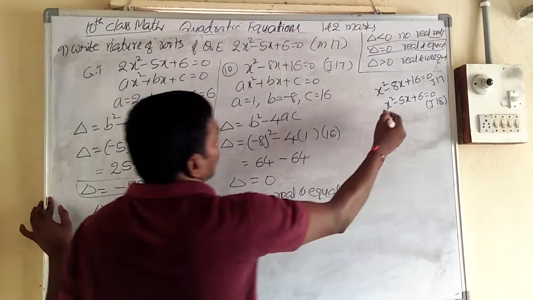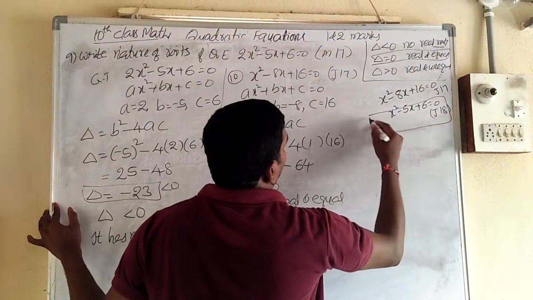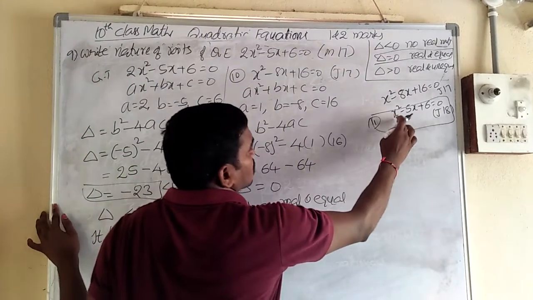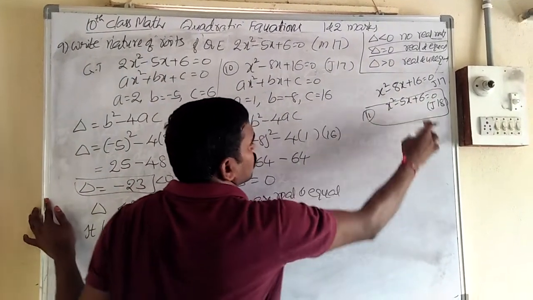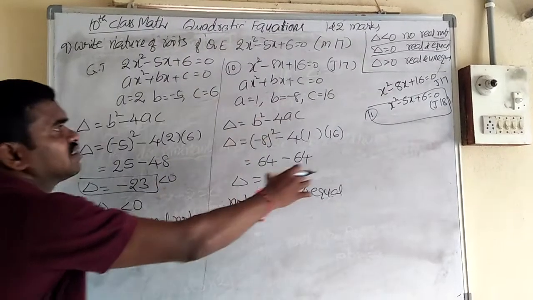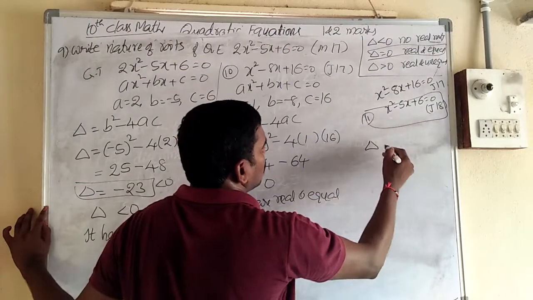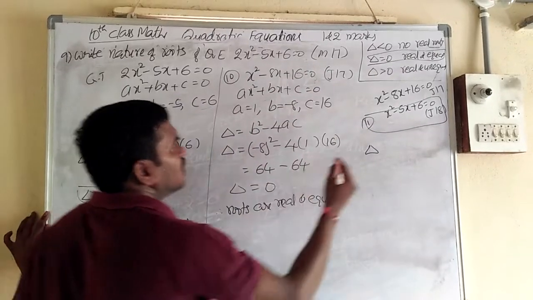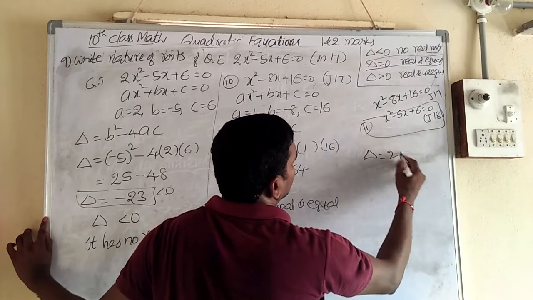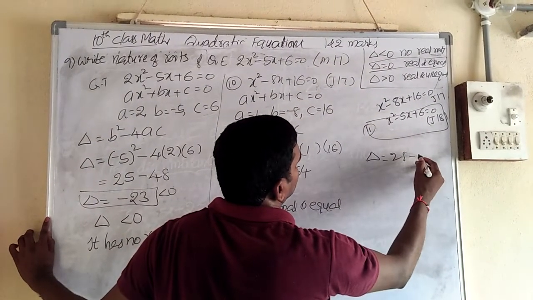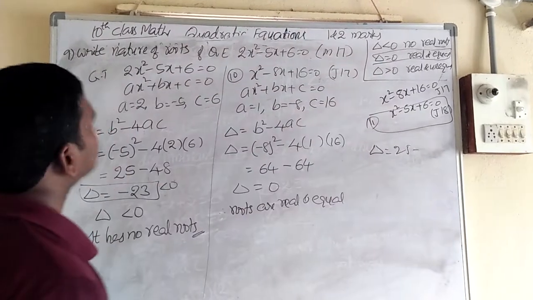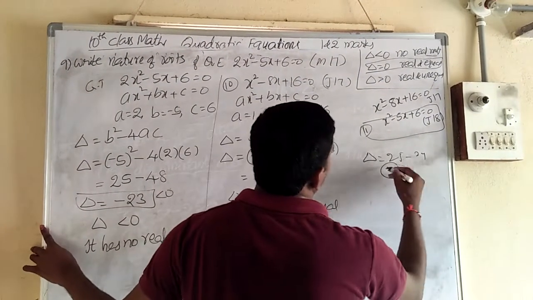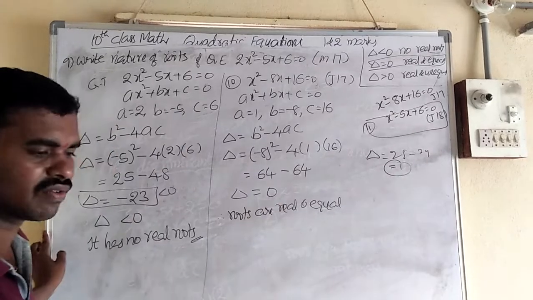And one more question, the 11th question, is the same: find the nature of the roots without calculating the roots. x square minus 5x plus 6 is equal to 0. This is a June 18th question. Do the same and find the discriminant value. If it is 0, say real roots; it depends on the conditions. What will you get? b square means 25 minus 4ac, so we are getting 1. So we get real and unequal roots.